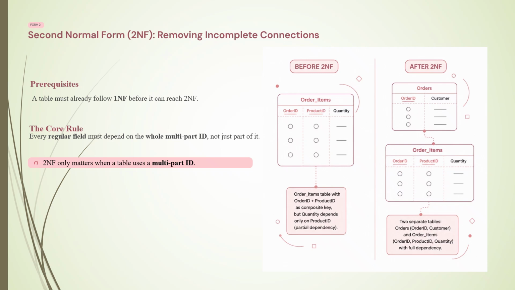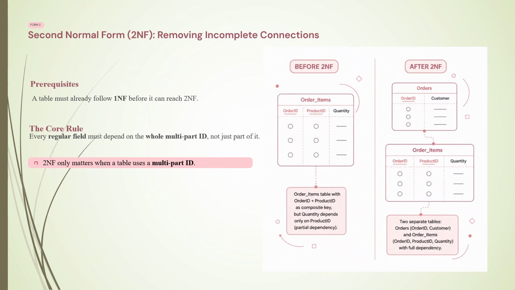Let us see the example given here. Before second normal form, the table order items has order ID, product ID, and quantity. Here, the order items table has order ID plus product ID as a composite key, but quantity depends only on product ID, which gives a partial dependency. So to resolve it, the